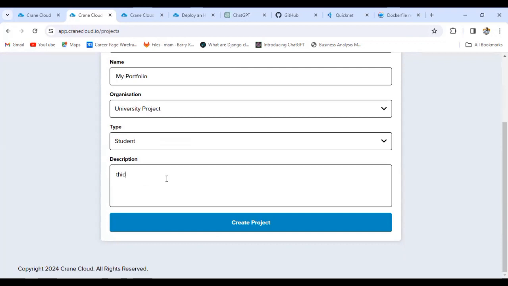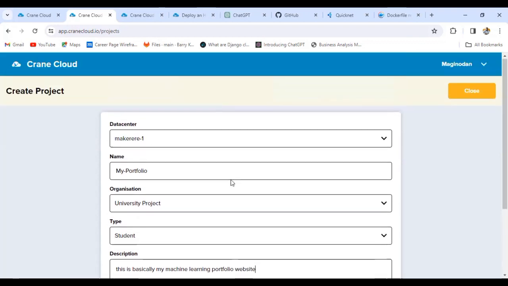This is basically my machine learning portfolio website. And after that I create, but before that